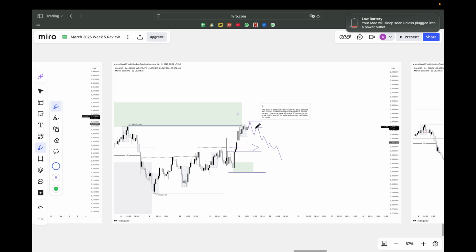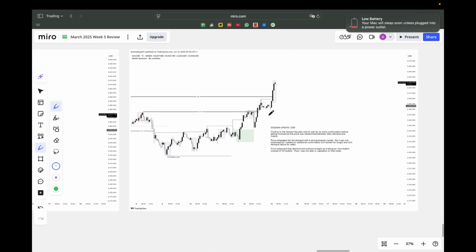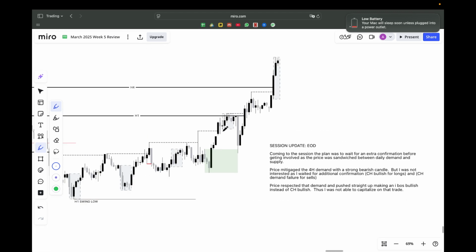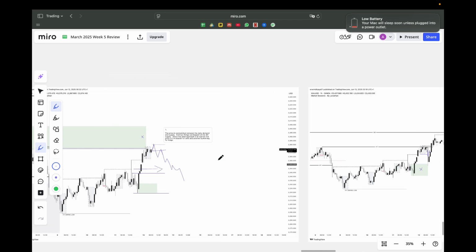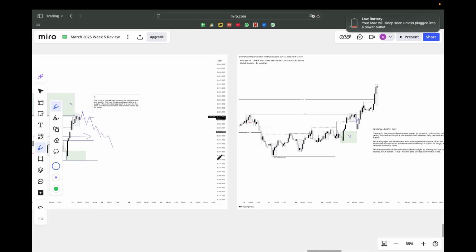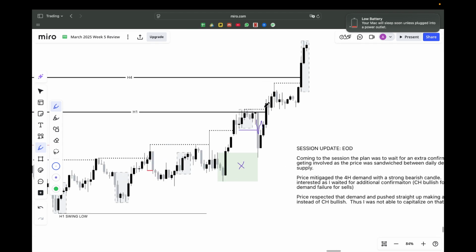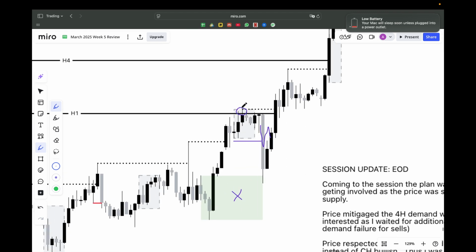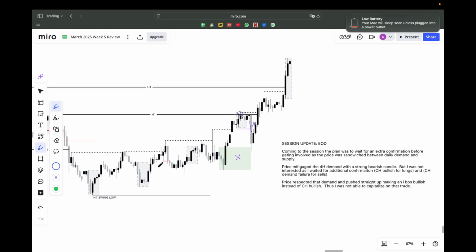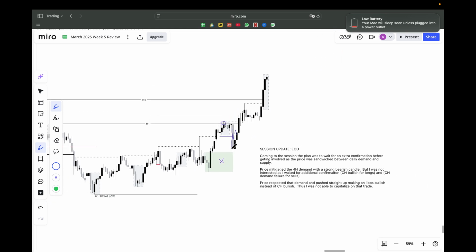Wait a minute. Yeah, price did CHoCH bearish, but it did not mitigate any supplies for me to look for sells. That was one push down into the demand zone. So I was not interested in looking for buys directly from this one, because price did not close above the swing high. Remember, price has just swept the H1 swing high, which means that this swing low is still weak and price can push down to take out the swing low.